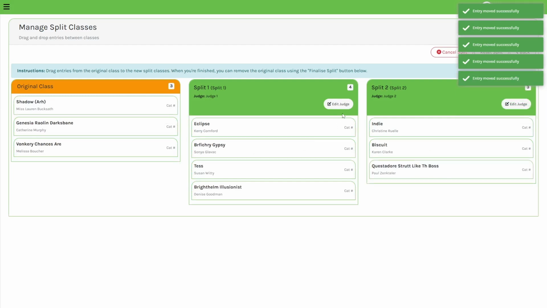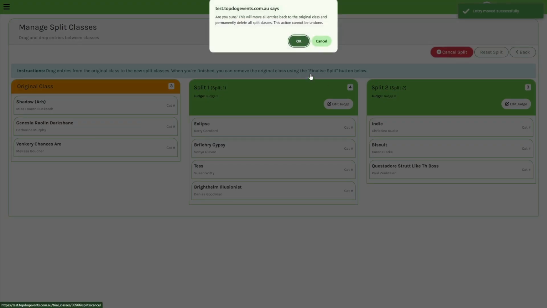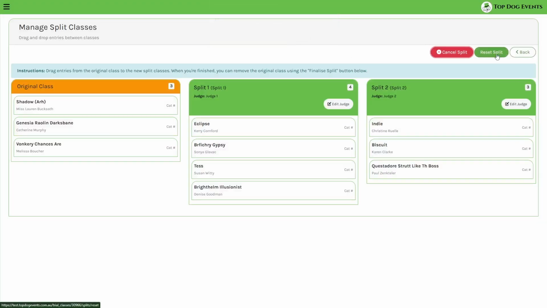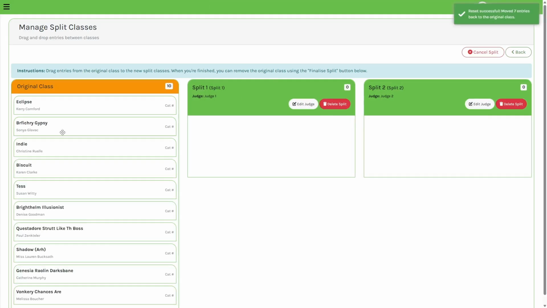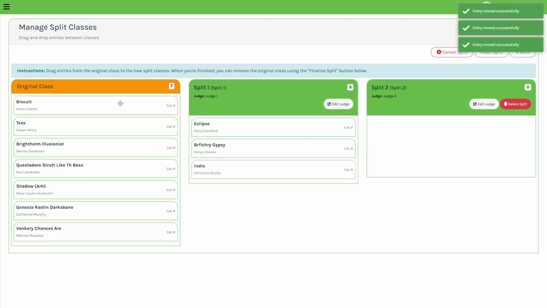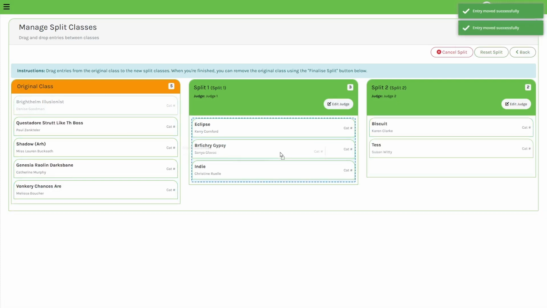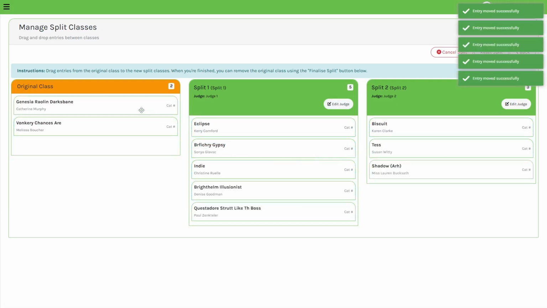At any point during the split, you can click cancel, and that will delete the 2 new classes and put it back to how it was, or you can click the reset split button, which will just put all the entries back to the original class. If you need to add an extra one for whatever reason, you will need to remove them all and start again. So we're just quickly going to drag some of these entries around,